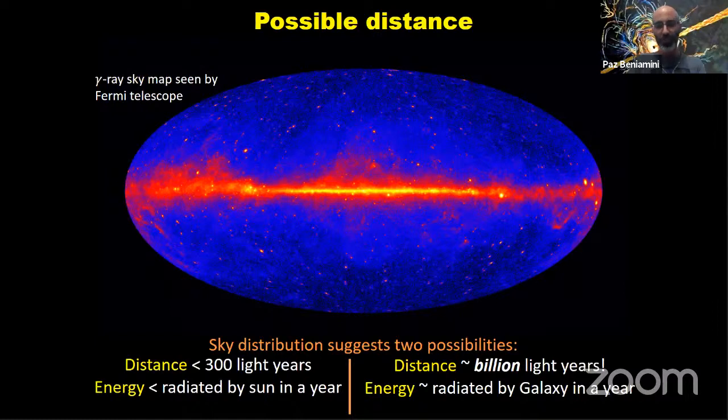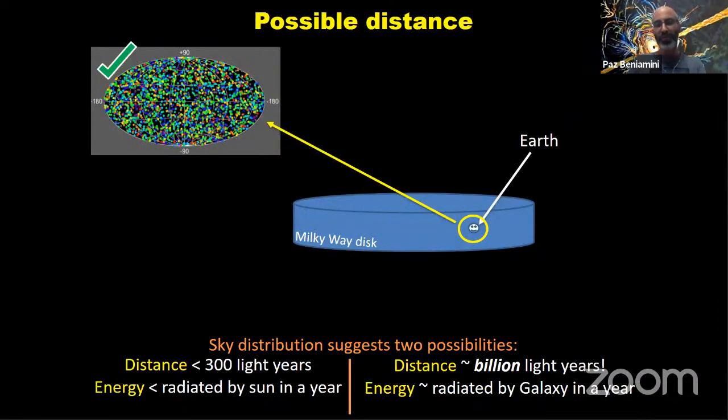And to show that this is the case, we will use again this map of the sky in gamma rays. This is a more modern rendition of the same map. And we will show what we would expect in different situations. So this is a very basic kind of caricature of the Milky Way disk. And you can see Earth here. And imagine that the maximum distance for which you can see these events, simply because of the fact that they have a given energy, and if you put them at a distance beyond that, their brightness would be too faint for them to be caught by the detector. So imagine that this maximum distance is pretty close to Earth, much closer than the size of the Milky Way disk in any direction from us. In that case, the map of locations that you will see on the sky will be this very homogeneous map,